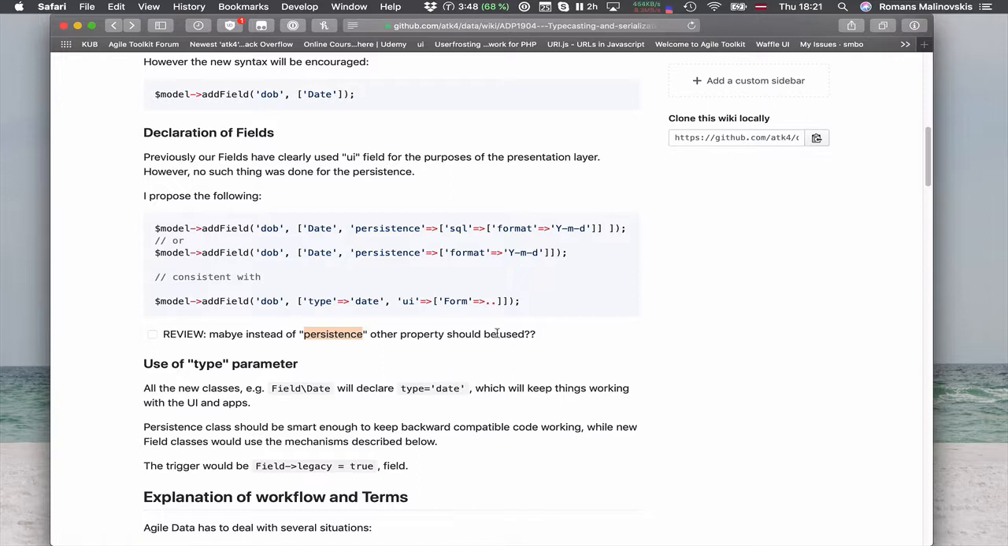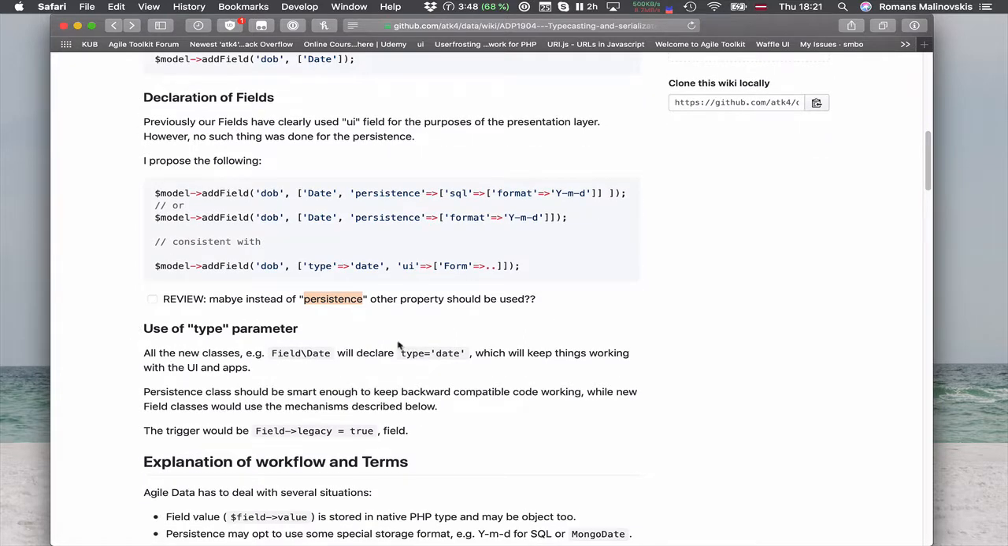But why should the field care about persistence at all? No, it shouldn't. And again, I'll mention that later at some point. So the field shouldn't know anything about persistence. So it's okay. Yeah, I agree that we should have one property. But maybe we shouldn't have such a property at all, and persistence